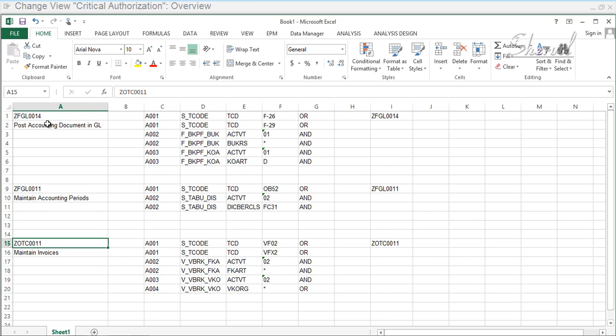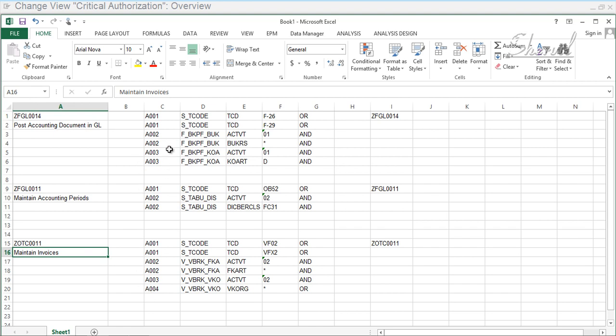We're going to use posting accounting document in GL, which conflicts with maintain accounting periods, and post accounting document in GL also conflicts with maintain invoices. So we're going to use this combination of critical authorizations to generate our conflicts report.